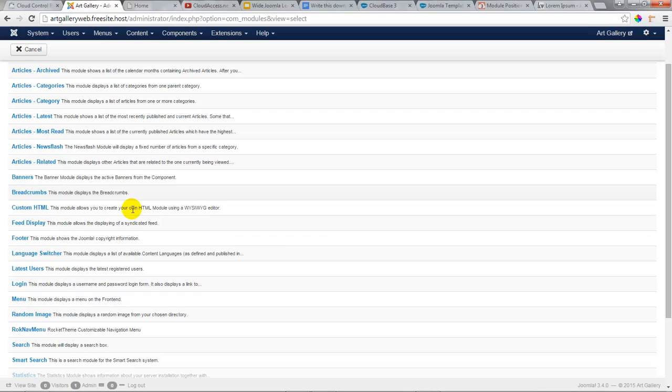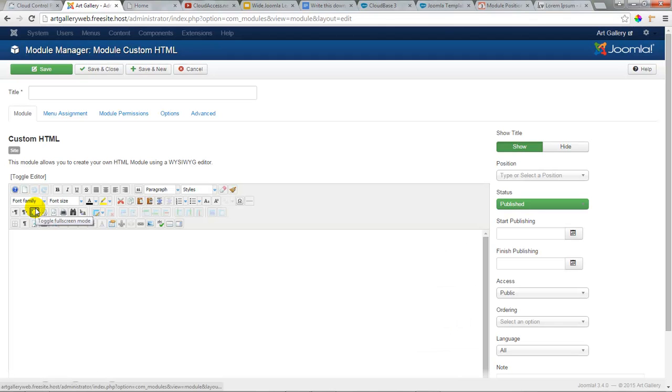There are many of course to pick from, but I want to have my custom HTML module here. This is the only module that allows me to customize text and imagery within the module. So I'll click on Custom HTML, and it looks much like our articles looked when we created those. I'm going to call this my showcase banner,